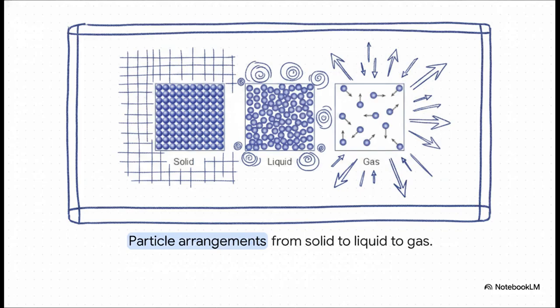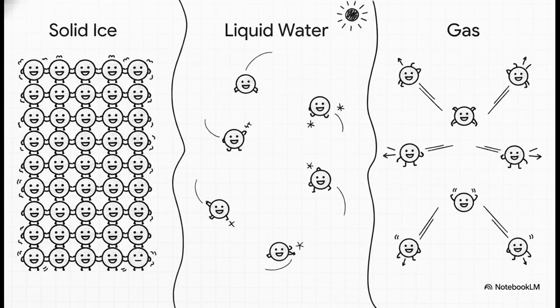Looking at solids, the particles are arranged in a specific, tightly packed pattern with very minimal space. For liquids, the particles are still close, but they've broken that rigid formation, giving them a lot more freedom to move. And as for gases, the particles have massive amounts of space between them, and they're zooming rapidly in all directions. Okay, I want you to actually imagine acting this out with your classmates to build your very own physical